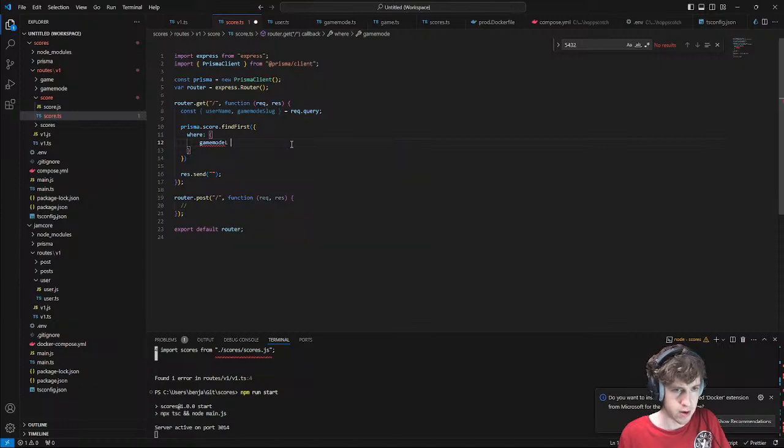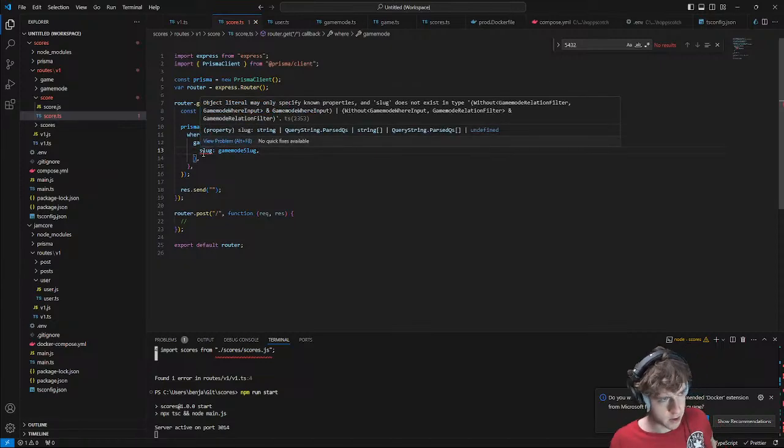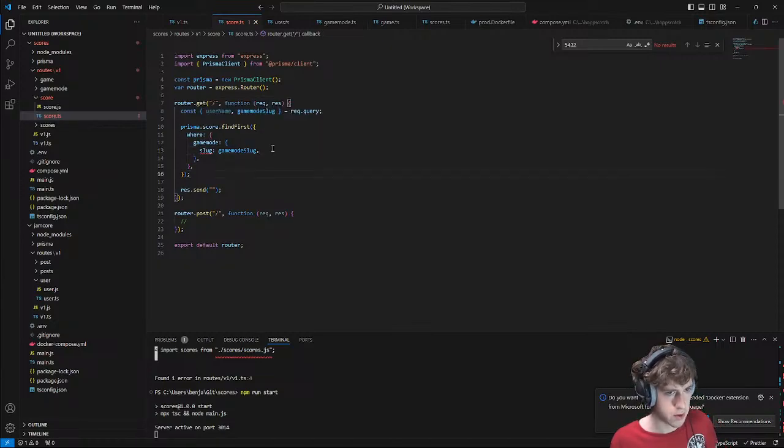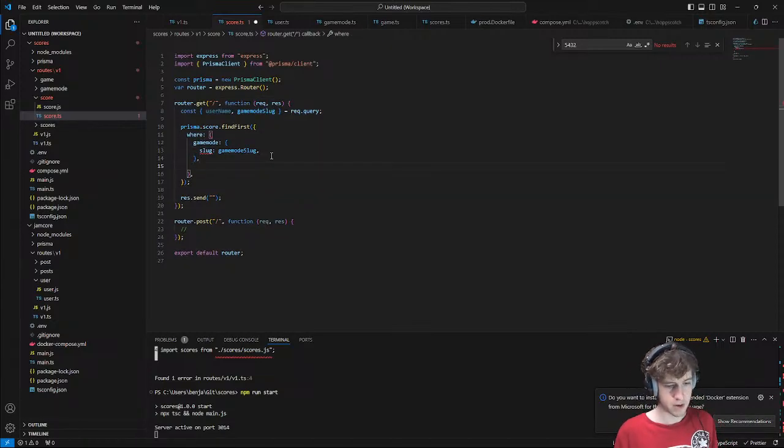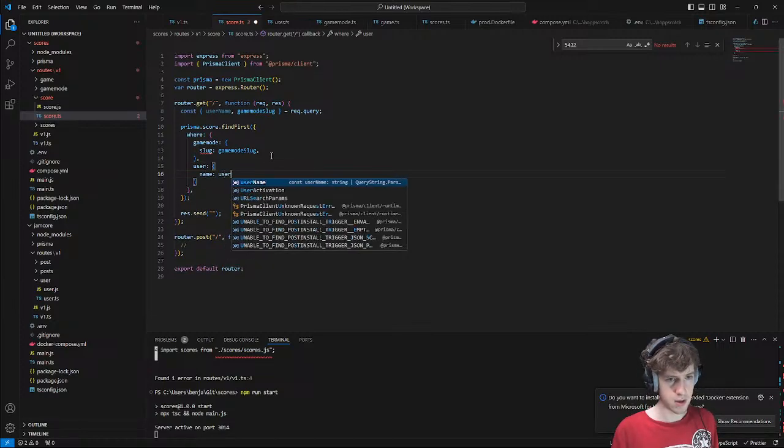So I can do game mode here. Slug is equal to game mode slug, which is going to throw an error because this doesn't exist yet in game mode. Over here, I can do username is username.